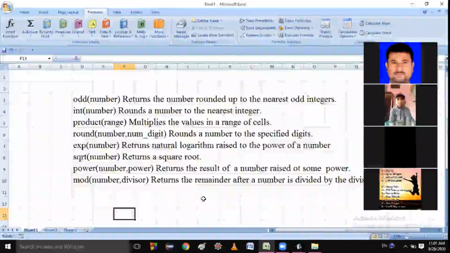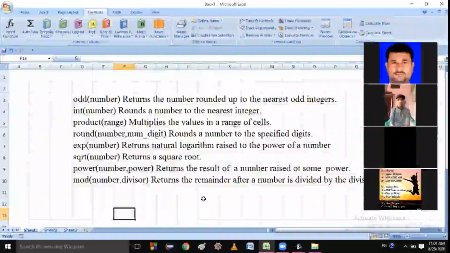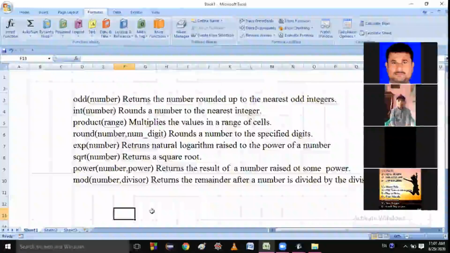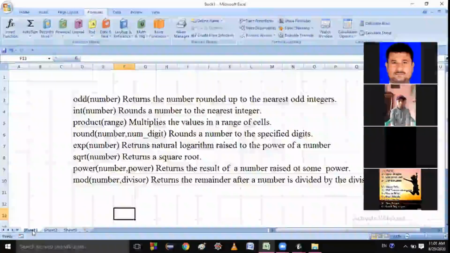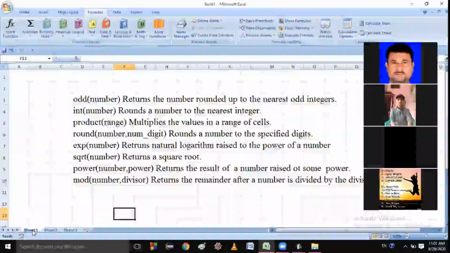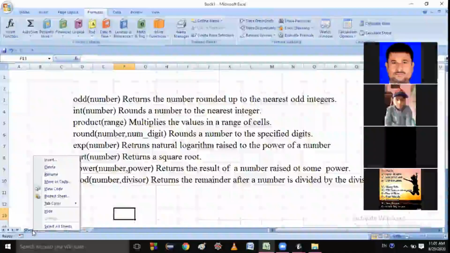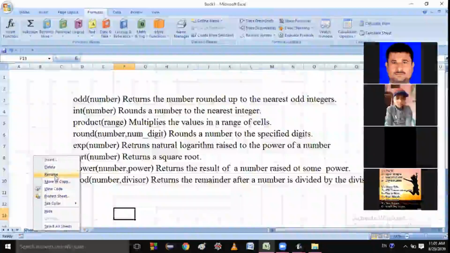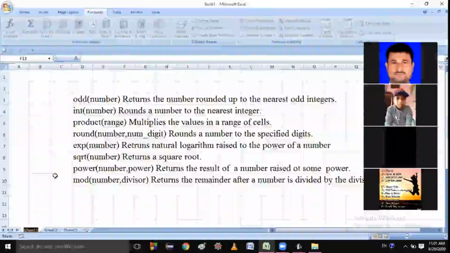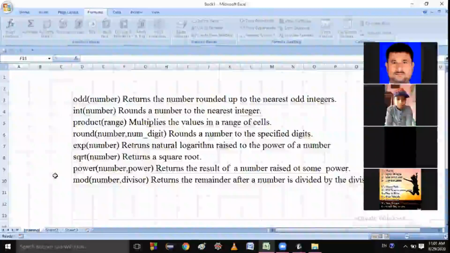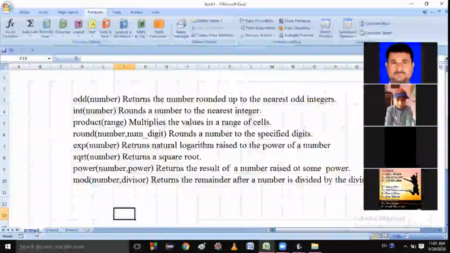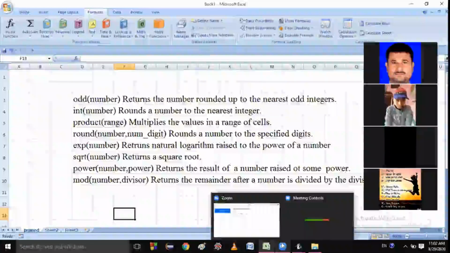Next one thing also remains, that is how you can rename a worksheet. So this is Sheet1. You can rename it also. Just go here, click the right mouse button, and there is one option, Rename. Click on Rename, and suppose I am writing the name Pramod. Right now the sheet becomes named Pramod. Is it clear to you or not?